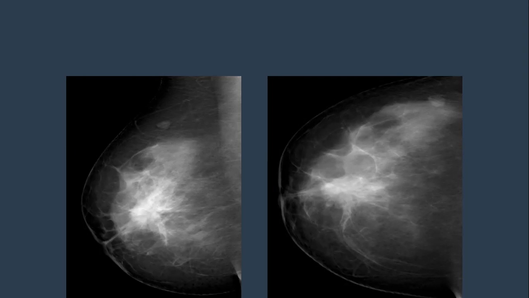Is the density the same as the rest of the breast? No, there is increased high density. Most likely I will do a spot compression view first to see how it is. Can you call this high density? Is it focal or diffuse? It's an area of high density. It is not a clear mass. Yes, it could be a focal asymmetry. So we call it a focal area. It is not occupying the whole breast. It is occupying a focal region of high density. So I will call it